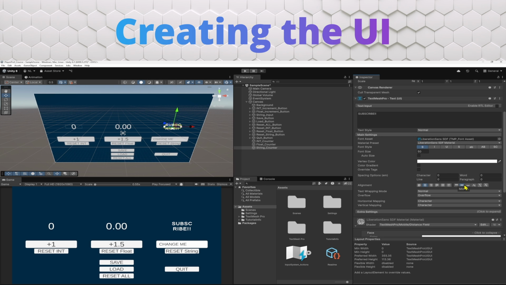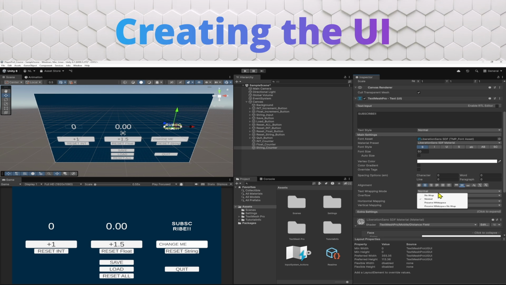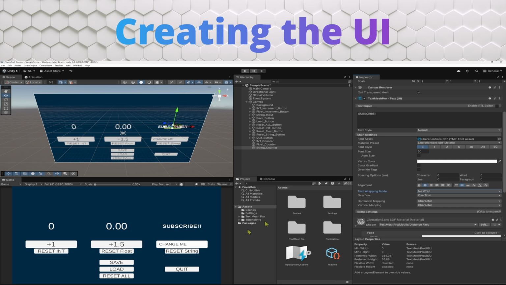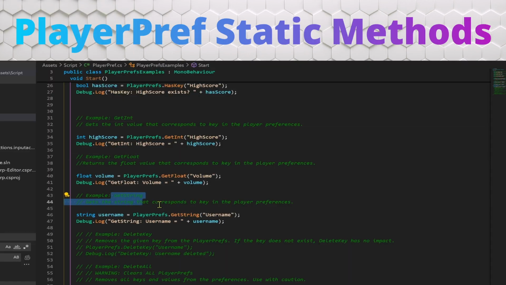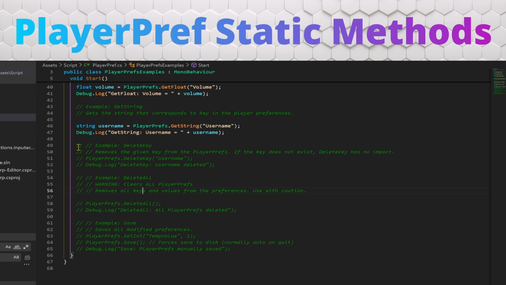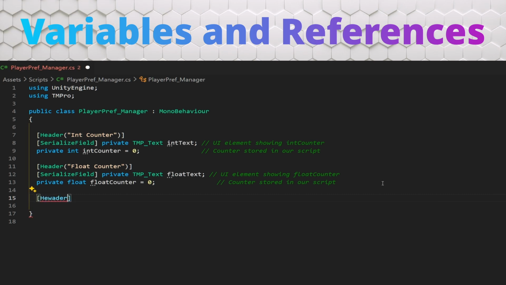In video 4, we'll create a simple UI using buttons, text, and string input. We'll also add a background and move things around so the layout looks clean. In video 5, we'll go over all the PlayerPrefs static methods before we use them. In video 6, we'll look at how to create variables using types like int, float, and string. You'll also learn how to use SerializedFields, and I'll show you how to add headers in your scripts for better